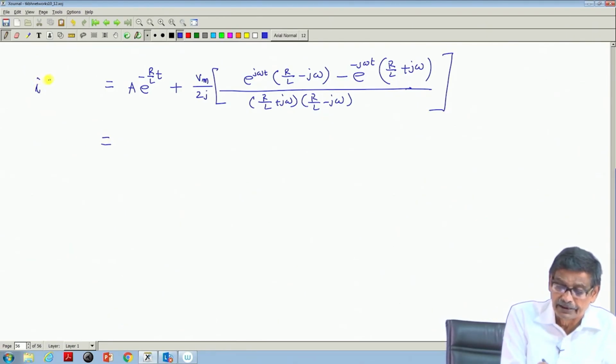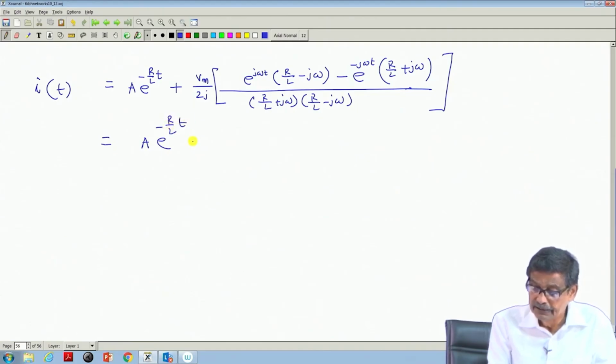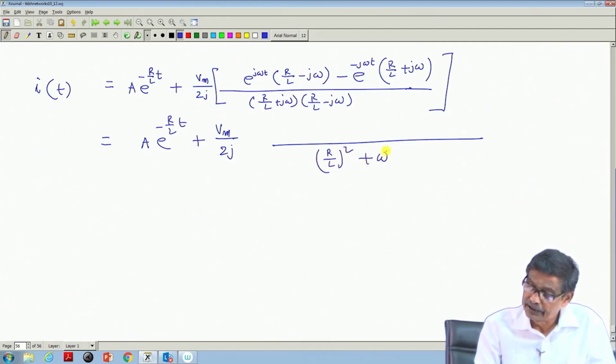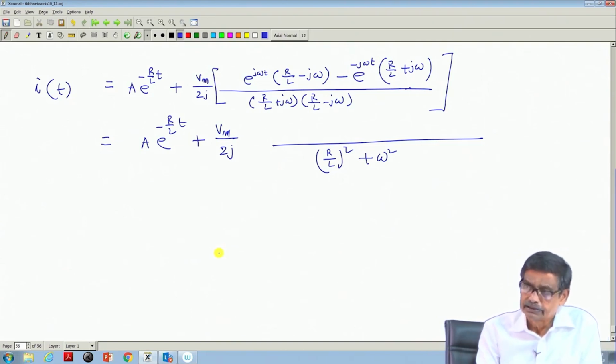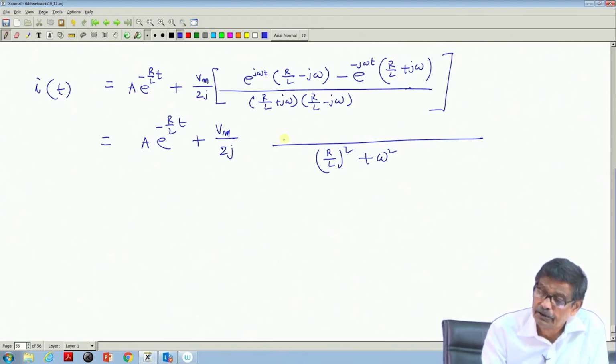So, this is equal to i(t), the total solution, A into e to the power minus R by L into t, plus V m by 2j, and then below it will be (R by L) whole square plus omega square. (a plus jb) into (a minus jb) is a square minus b square. If you do, this will become plus, correct. Then on the top what you will be getting is